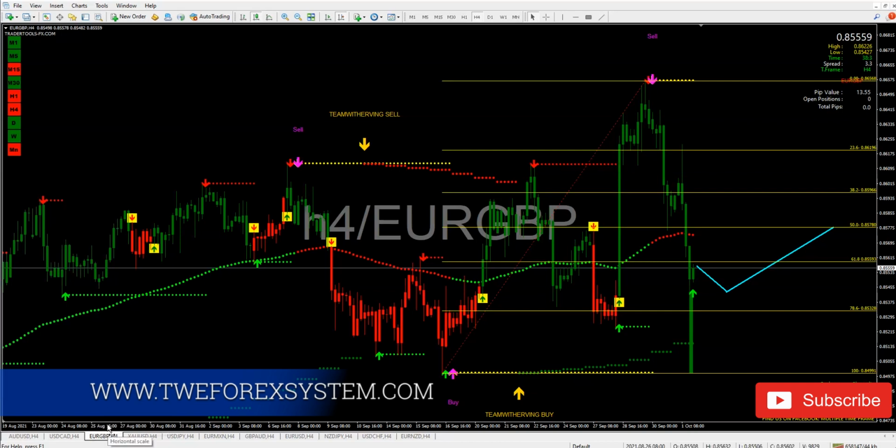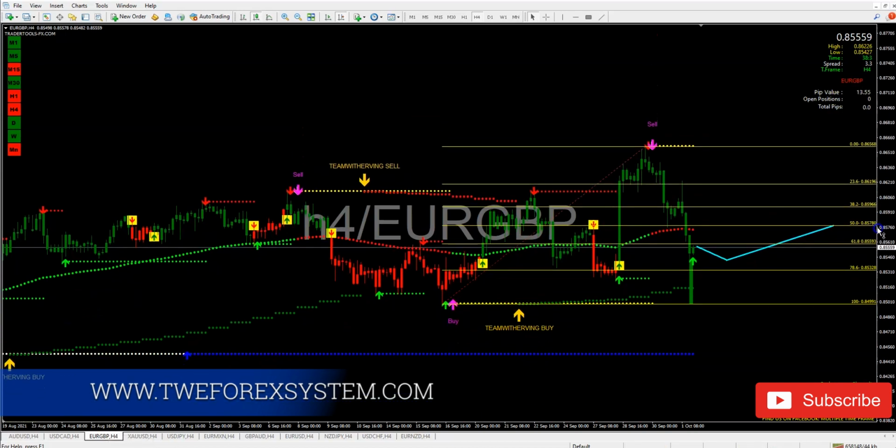All right, so the next pair that I have for you guys is Euro GBP. Euro GBP, guys, is selling at this present time. Look at this beautiful trade here, but let me explain what Euro GBP is really doing. Euro GBP is in a buy position. So right now we are doing a what? What do you guys think this sell position represents here?